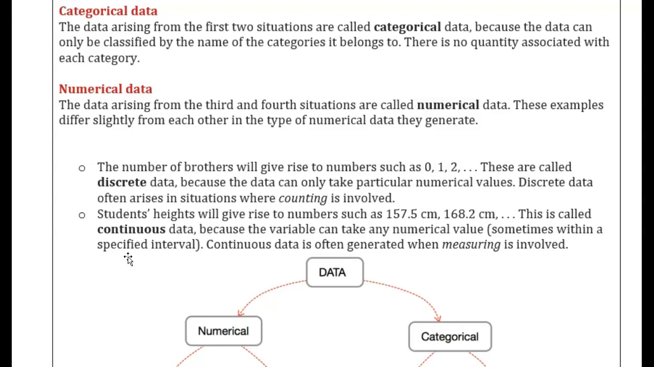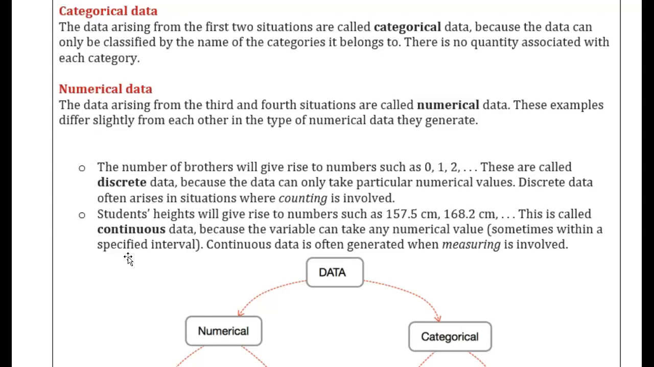Now, one key thing that you need to remember is that numerical data isn't always data with numbers. Actually, sorry, I should rephrase that. Data with numbers isn't always numerical data. Okay, so numerical data will always be numbers, but data containing numbers isn't always numerical data. And the key example of that is